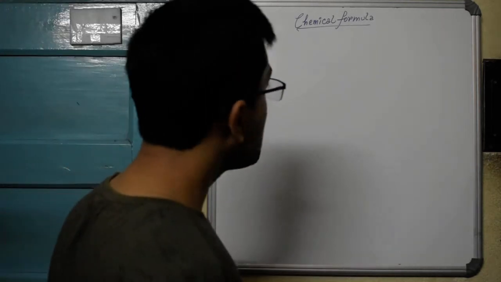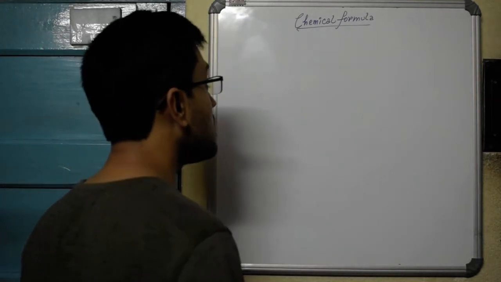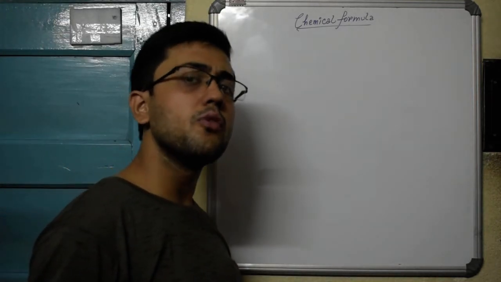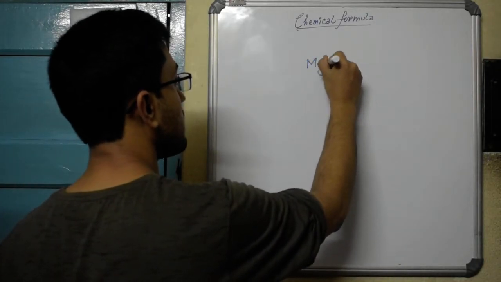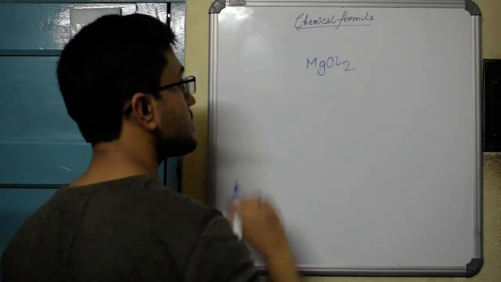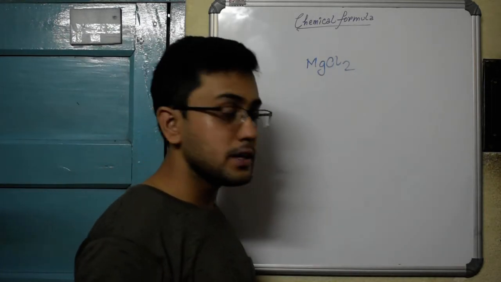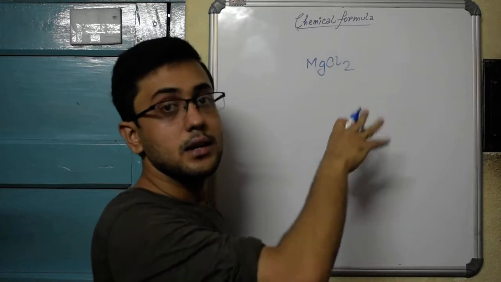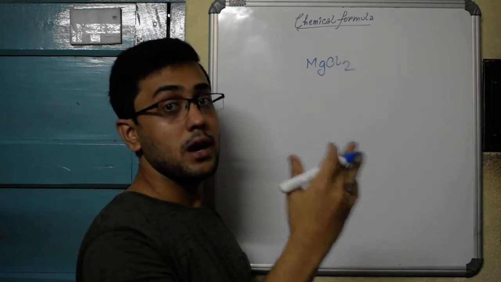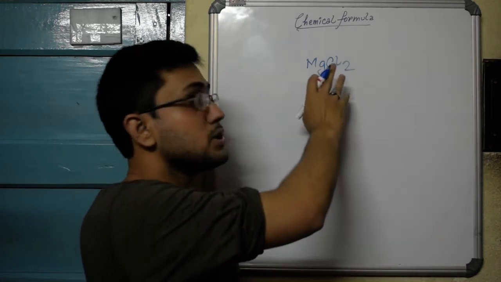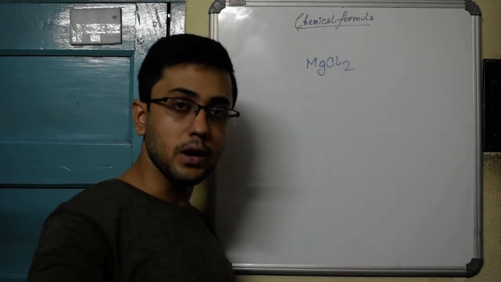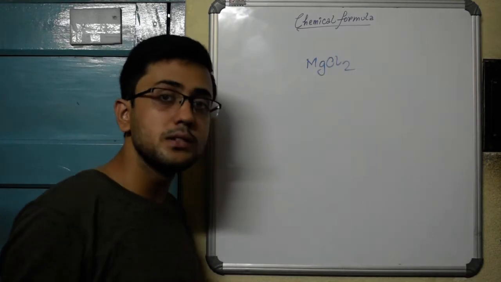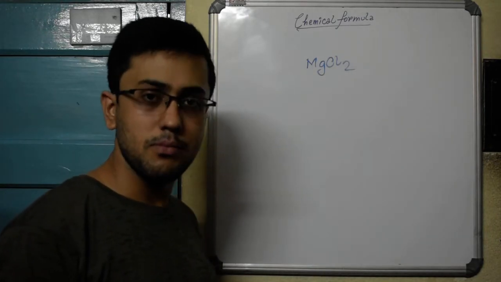So chemical formula gives us these advantages. What can we know from a chemical formula, and what are its advantages? If I write down magnesium chloride, what are the advantages of writing this? First of all, the biggest advantage, and you will admit it, is that I can completely describe the compound name without writing it out explicitly. I can simply write down these symbols and everyone will understand I mean the compound magnesium chloride.